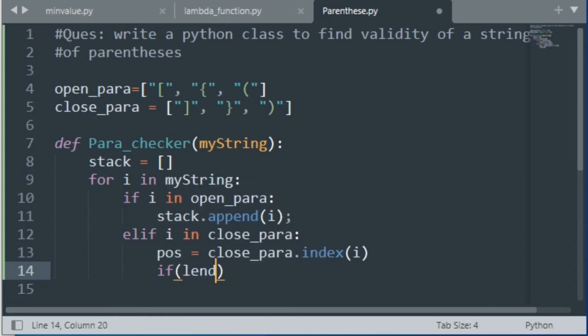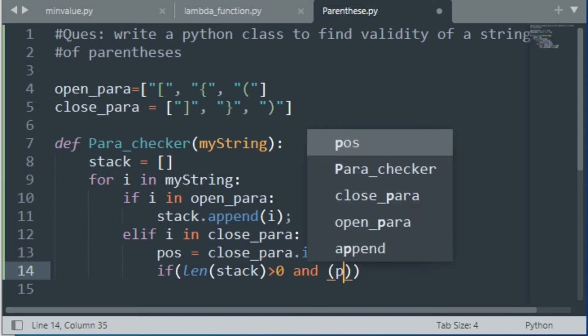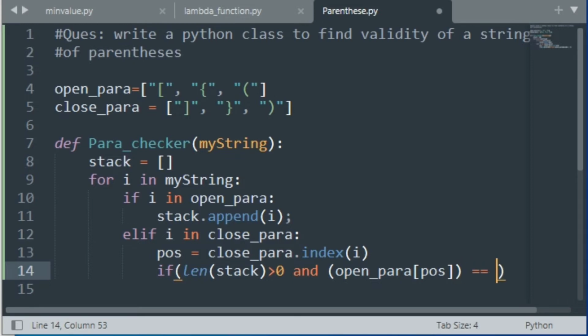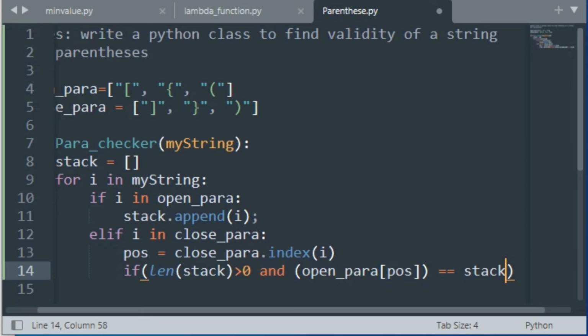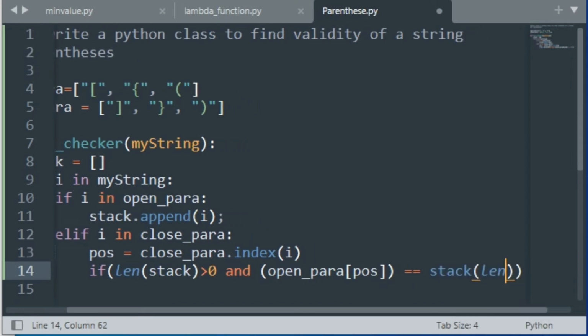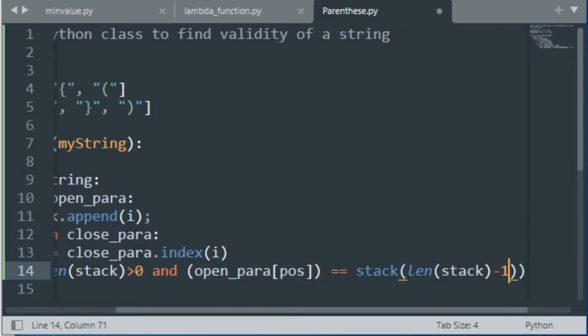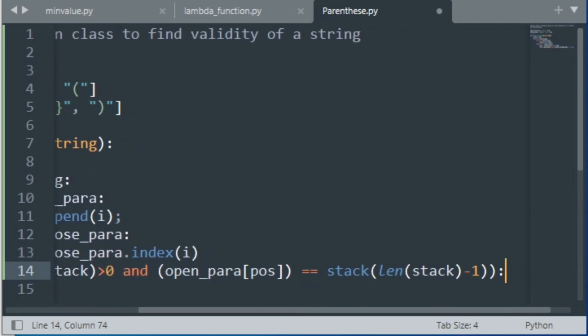If length of the stack is greater than 0 and open para position find stack length of stack. Now let me explain first.